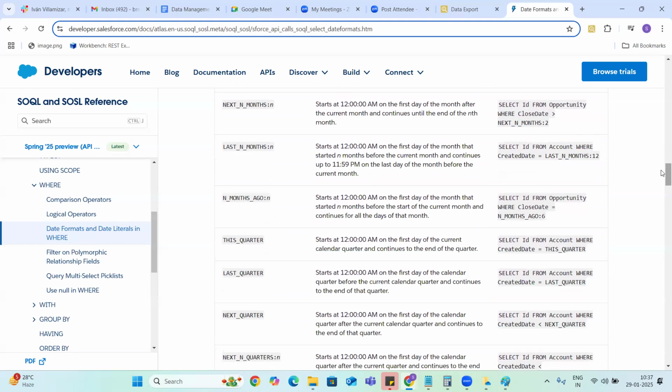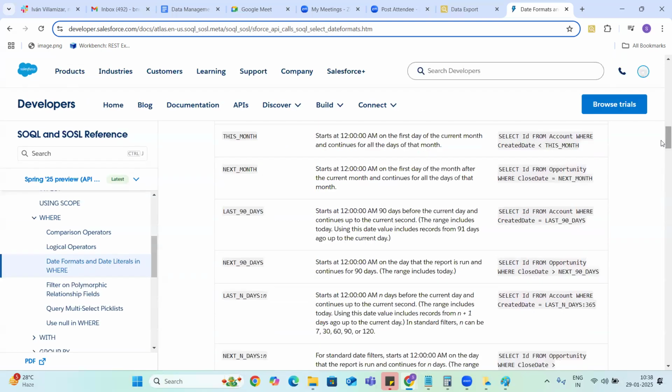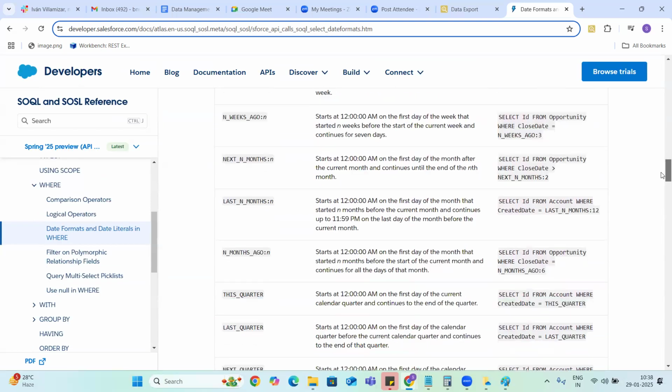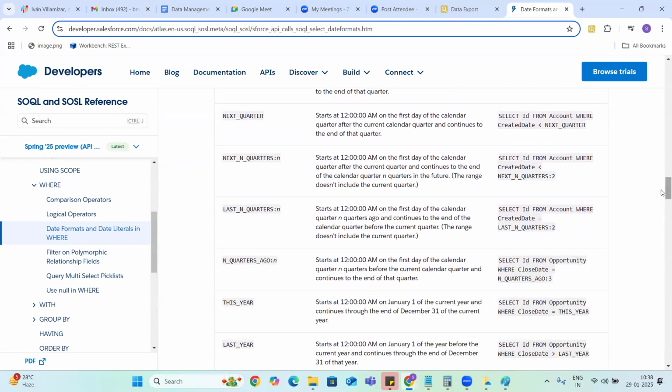The first few are for a particular time period, guys, and the next ones are more generic: last quarter, next quarter, last 10 quarters, next 10 quarters.